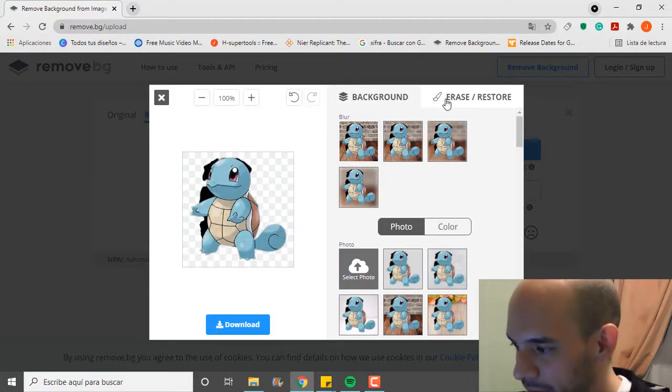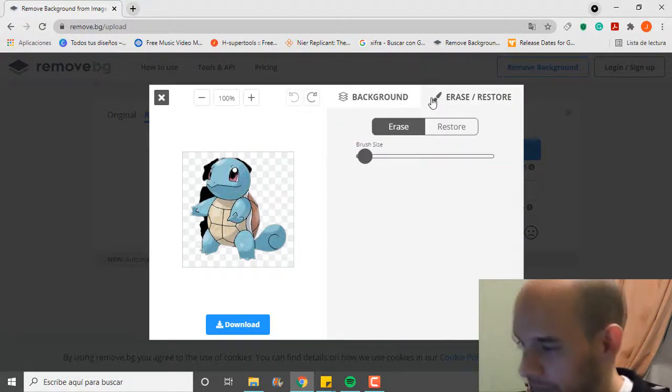I'm going to just erase and restore. Okay, here I click erase, and here I can make the brush bigger or smaller, zoom in, zoom out, and undo in case we screw up, right? So I start working on it,